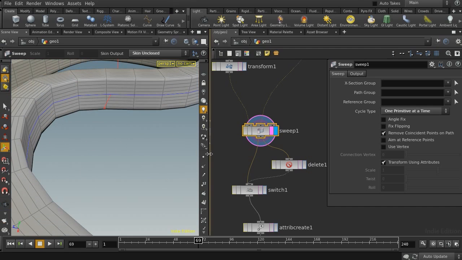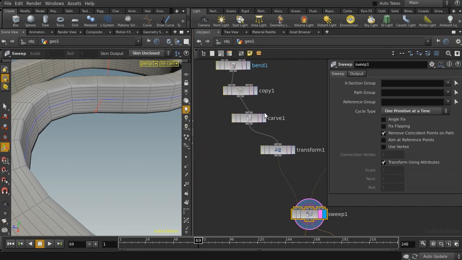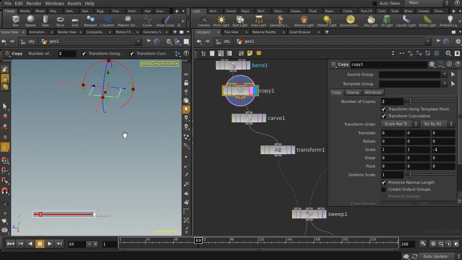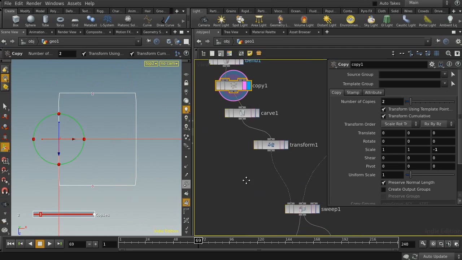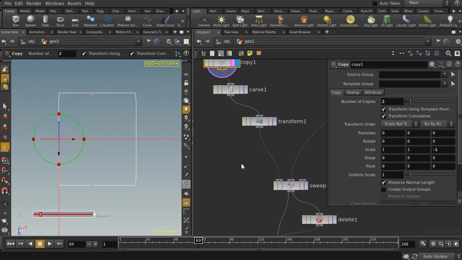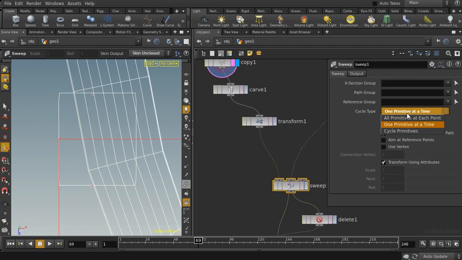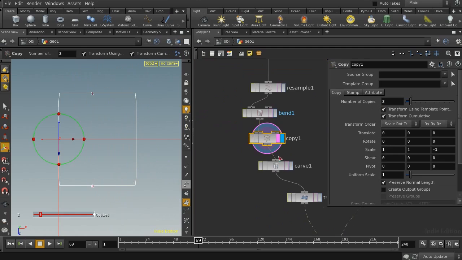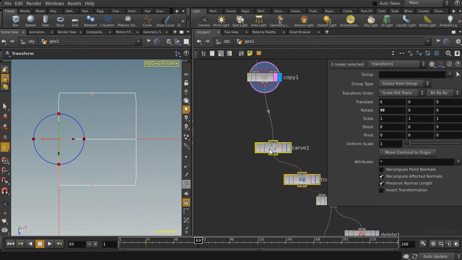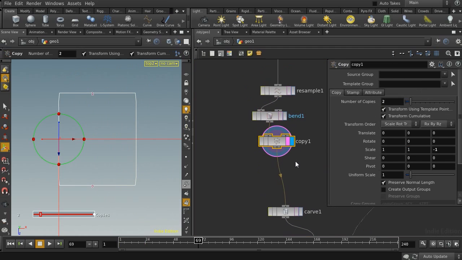So the simplest solution is to create only one primitive for the cross section. So let's go and select all primitives at each point as the cycle type for the sweep node, and here let's delete the copy node,